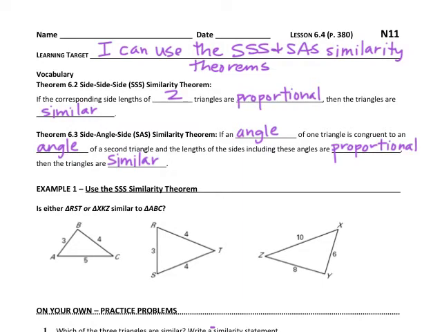This is the video for lesson 6.4. Please take the time to write in the learning target. I can use the side, side, side and side, angle, side similarity theorems. So these are the two theorems that we're going to focus on in this lesson. Basically what we're doing is we're going to use the same idea of scale factor